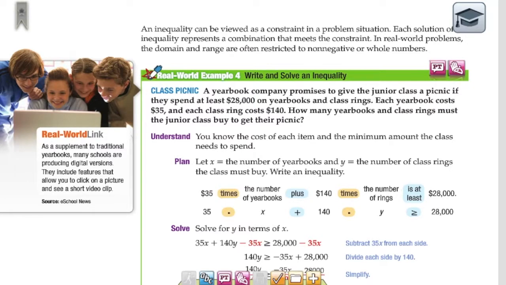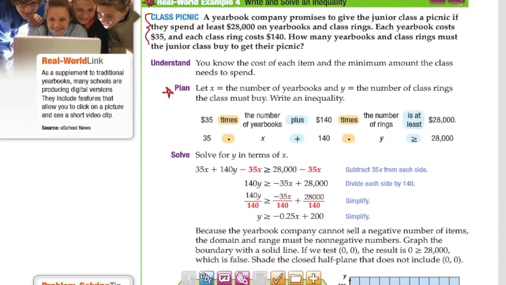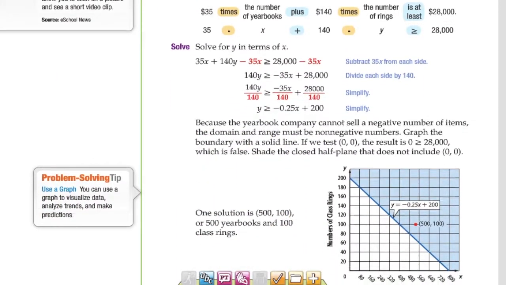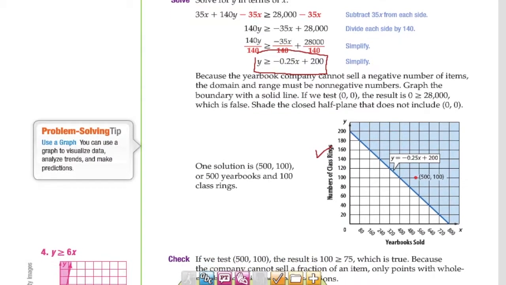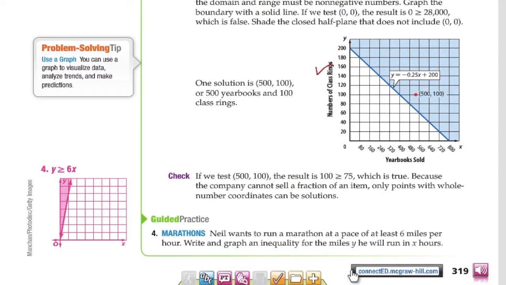For example 4, we're going to be taking a story problem and translating that into inequalities. So just using our skills from previous lessons to translate that, and then using our new skill of graphing an inequality on a coordinate plane, and then seeing how that ends up. Make sure you look through that example and become familiar with how you translate a story problem into an inequality